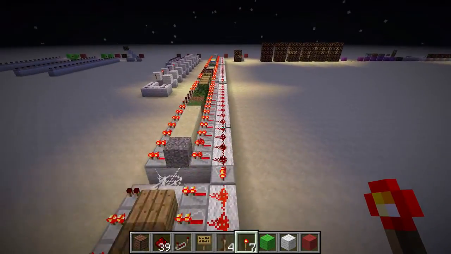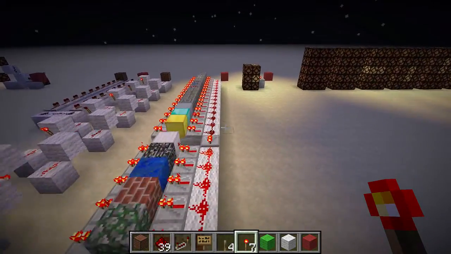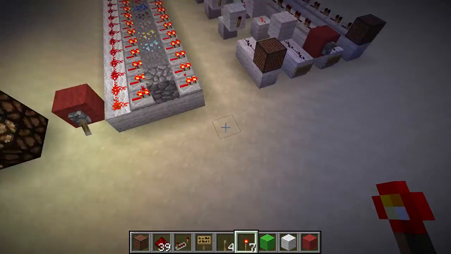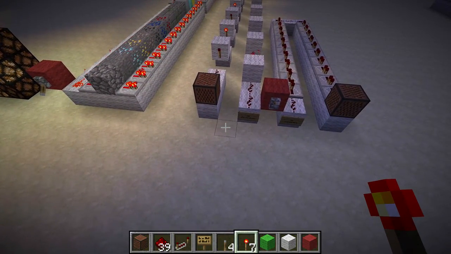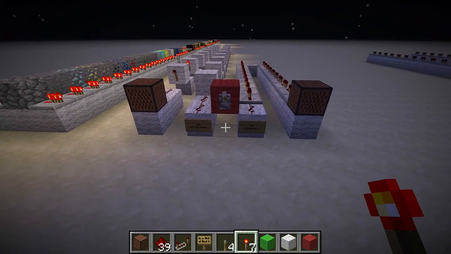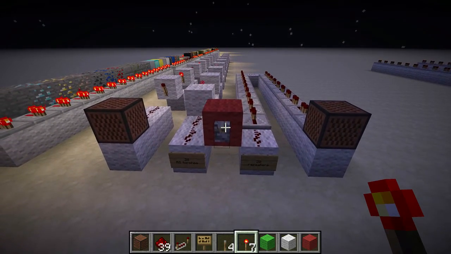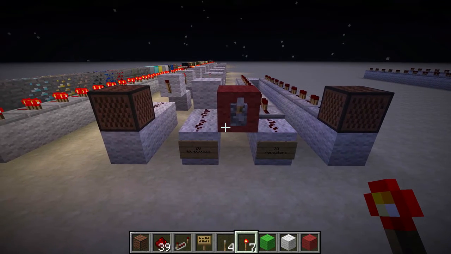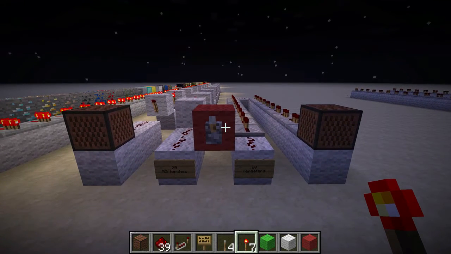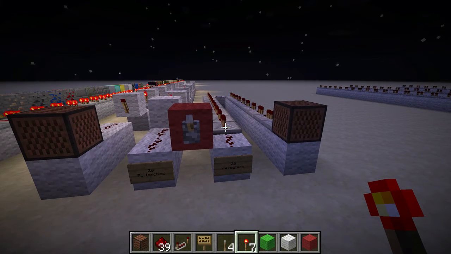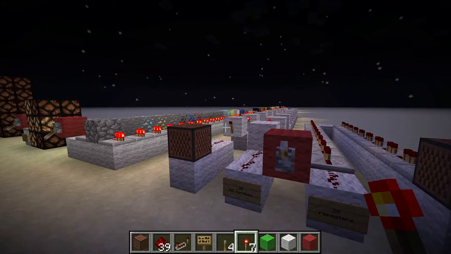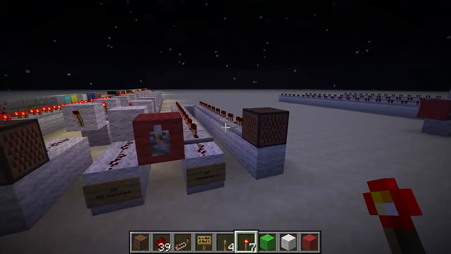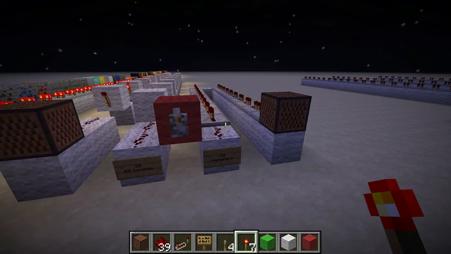Okay. And there's one other little thing that I wanted to show you. You might ask, well, okay, how long is a redstone tick? And the answer is, a redstone tick is 1/10 of a second. And the time it takes for a torch to change state is exactly the same time as a 1-tick repeater takes. So here we have a chain of 20 torches, and here we have a chain of 20 redstone repeaters,